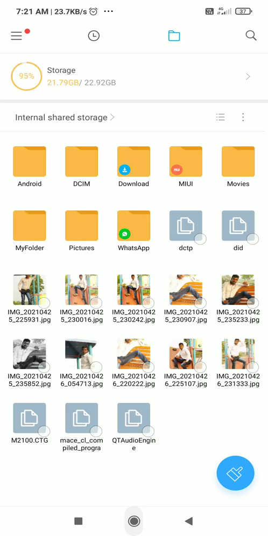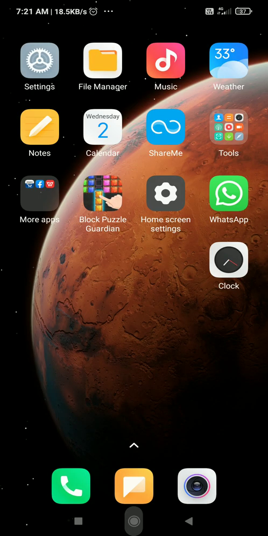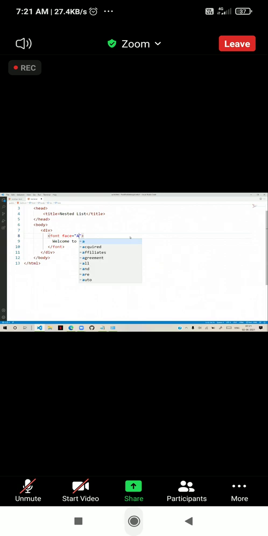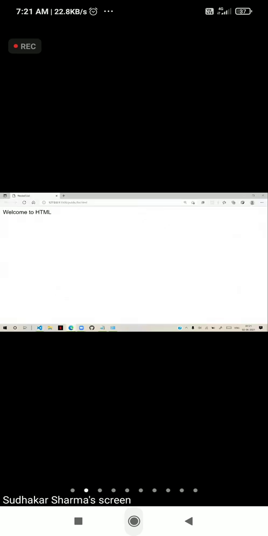That means you see I applied Brush Script MT, but Brush Script MT is not available. So it's changing into normal. What is this normal font? Actually, if that font is supported, it will apply. Suppose I said Arial and the font is supported, it will work.